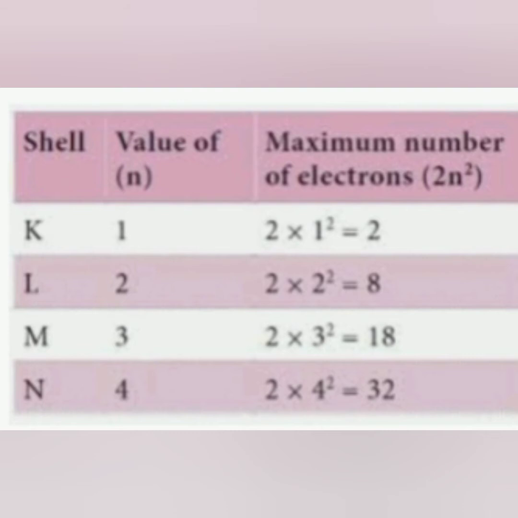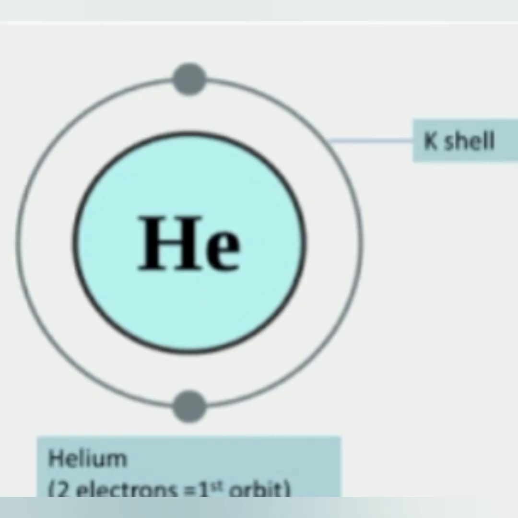Now the second rule: electrons are not accommodated in a given cell unless the inner cells are filled. Means electrons will enter the second cell only when the first cell is filled. So the cells are filled in a stepwise manner. Okay. This is called the octet rule. If the atom has only one cell, as in the case of hydrogen and helium, the outermost cell can have only 2 electrons. This is called the duplet rule.